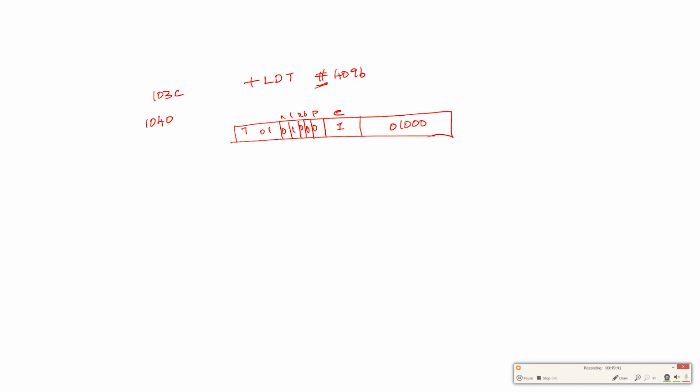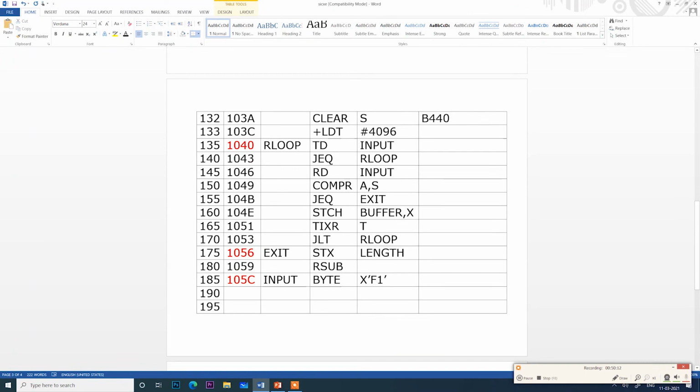Now if you convert this, it is 74 plus 1, so 75, and the remaining bits are 0, 1, 1000. So this instruction is converted to 75 10 10 00. Format 4 instruction.